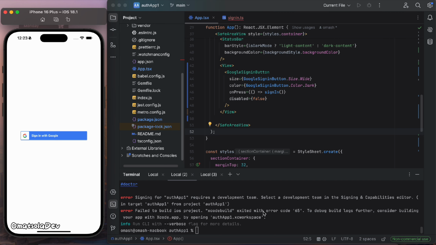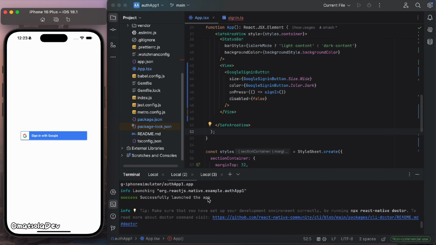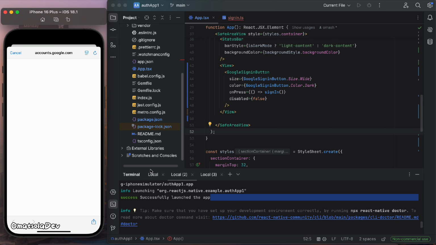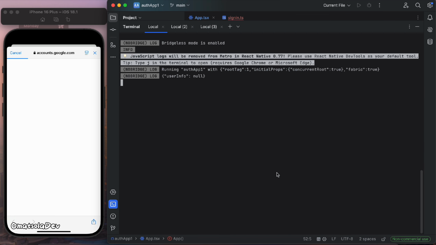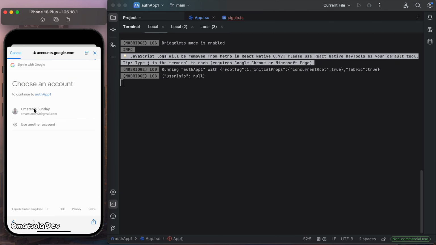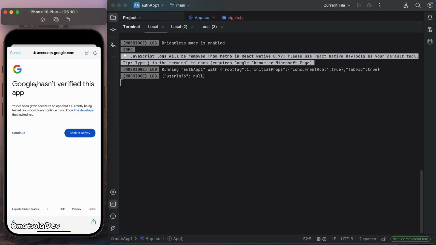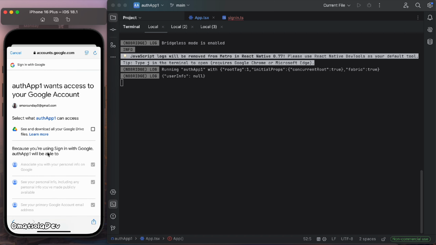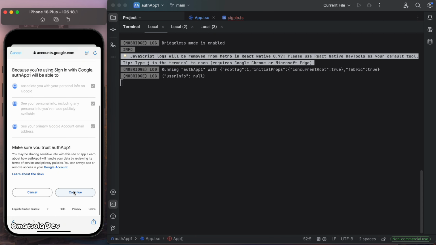Now we have added our iOS URL scheme in Xcode, and we've rebuilt our app, and the build just successfully ran, and this is our app now. Once we click on Sign in with Google, it will show us this alert, and we can select this. Also look at the terminal here. I can select the account I want to use, and it will tell me Google hasn't verified this app because verification is needed, but I'll click on continue, and so many checks here,